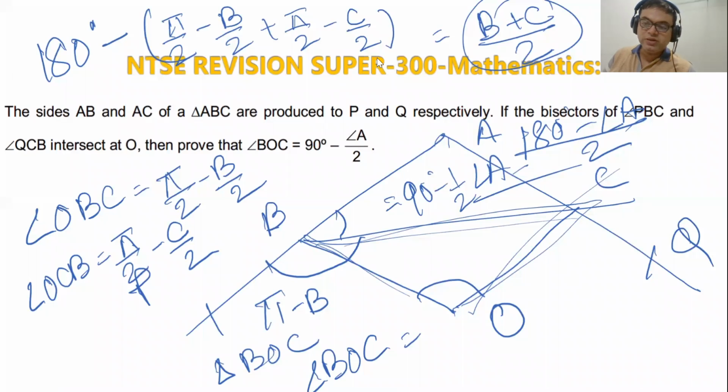So it will be equal to 90 minus half of angle A. Good. ठीक है. So this will be equal to 90 minus half of angle A. ठीक है sir. So this was all about today's class, right? So